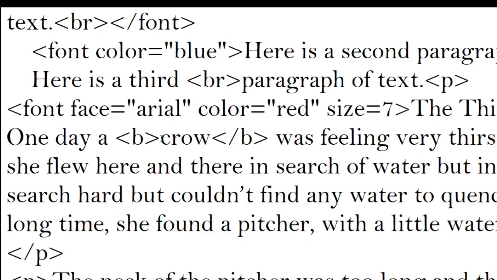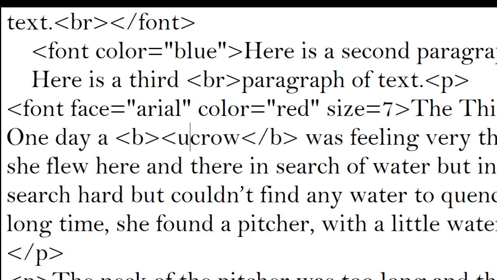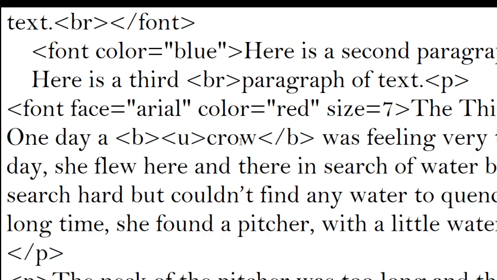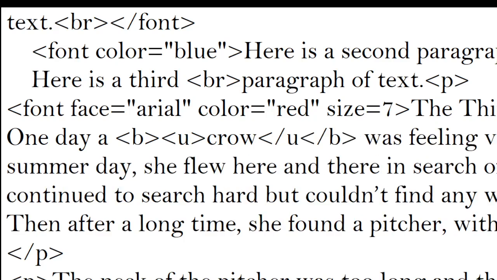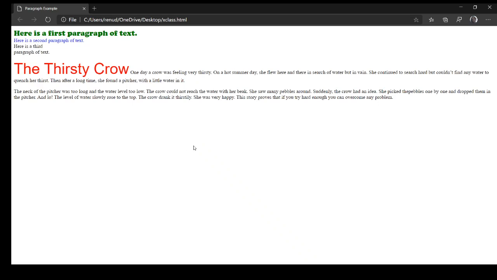And for example, we want underline also, then you can use the U tag here also. And these are your nested tags. So in between you can use the U tag, then you can close the U just before the B tag. So just see the output of this. Save it, Control plus S. Again minimize the notepad. Again open your web browser here, and simply press F5 and you can see here this one is your crow, this is your underline. For example, we underline the thirsty crow, so you can see easily.